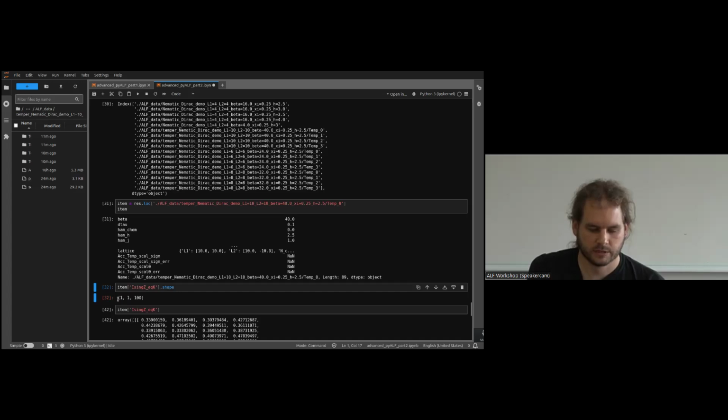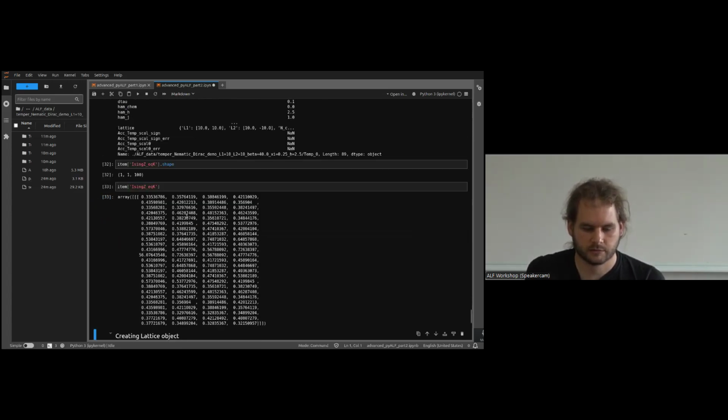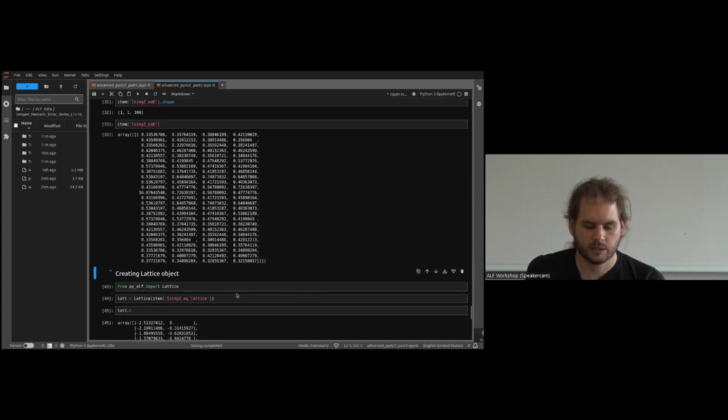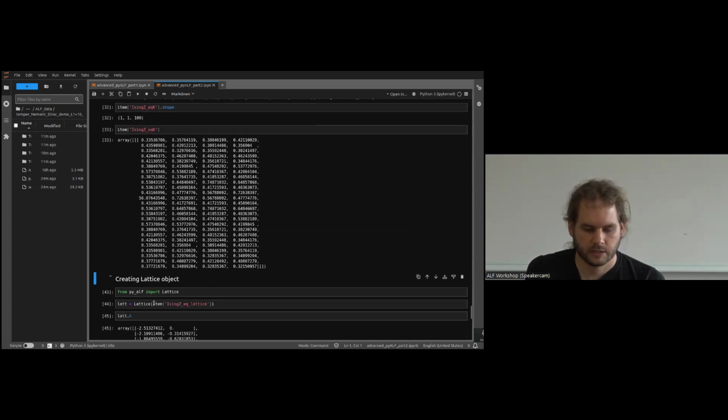So the first 2 indices are the orbital indices. And since we have only one orbital per unit cell, it's just 1, 1. And the other index is the unit cell. So we have 10 by 10, 100 unit cells. And if we look at this like this, then the values look like this. And so I will create a lattice object from